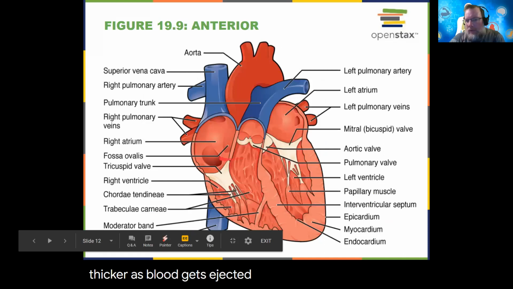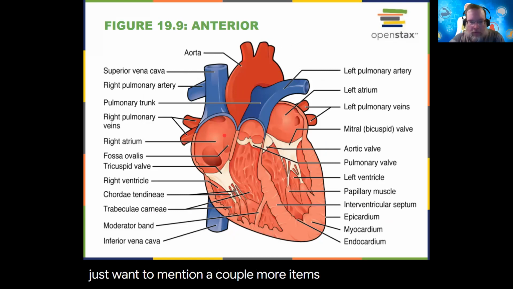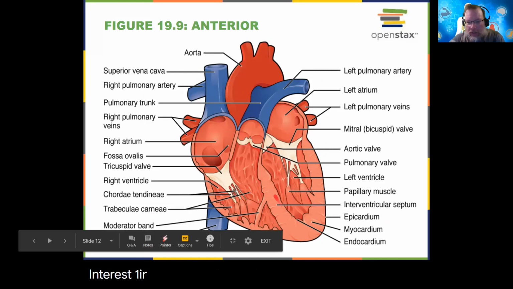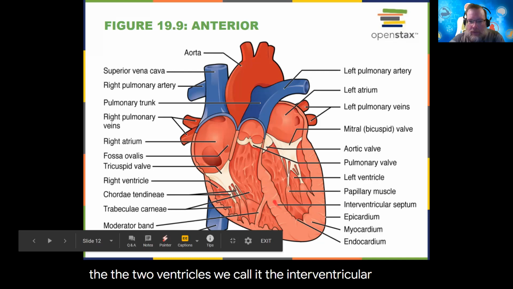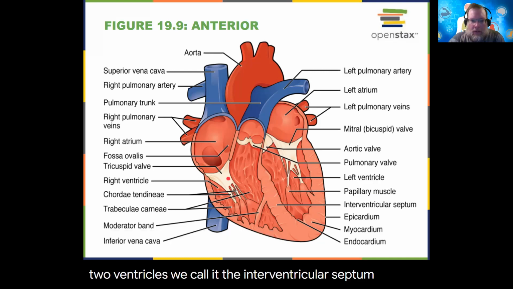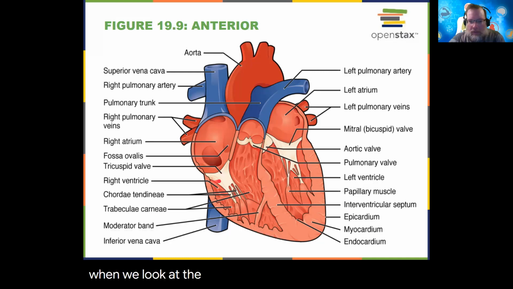Now, we're almost done. I just want to mention a couple more items of interest. One I already mentioned, the septum that divides the two ventricles. We call it the interventricular septum. When we look at the two AV valves, we see the mitral valve on the left, the tricuspid